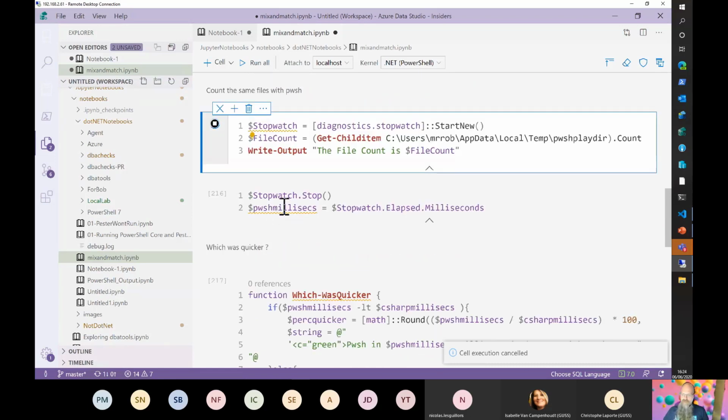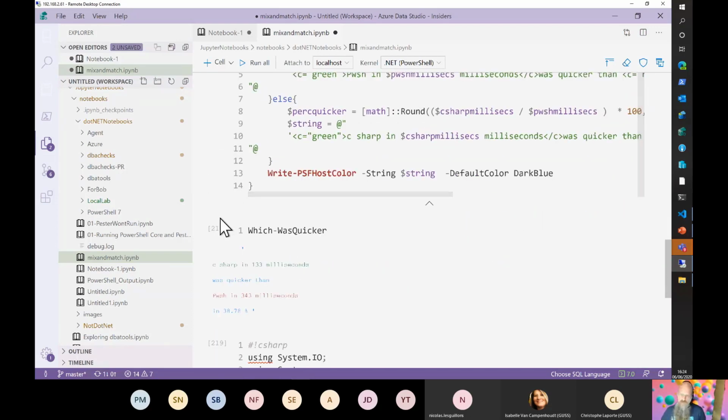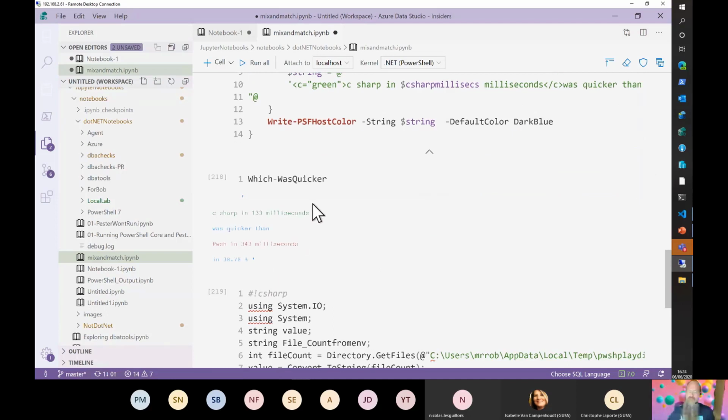And it's going to tell us which one's quicker. Is it going to tell us which one's quicker? Because you cancelled it, Rob. Let's see. Whether it does or not doesn't matter, because the last time I ran this demo,